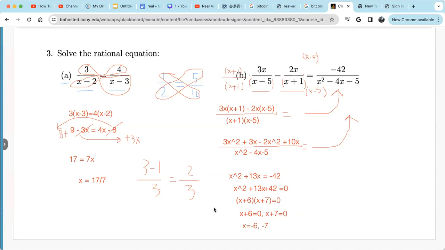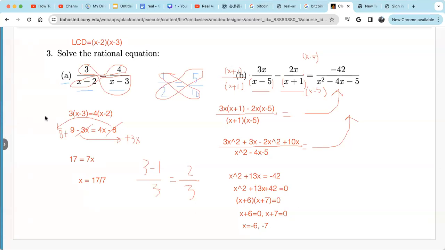All right. And also in class, I mentioned we can multiply by the common denominator, the least common denominator. Remember that? We can always multiply both sides by the least common denominator once we figure out what it is. So for the first one, the least common denominator is x minus 2 times x minus 3, right? If we multiply x minus 2, x minus 3 on both sides,